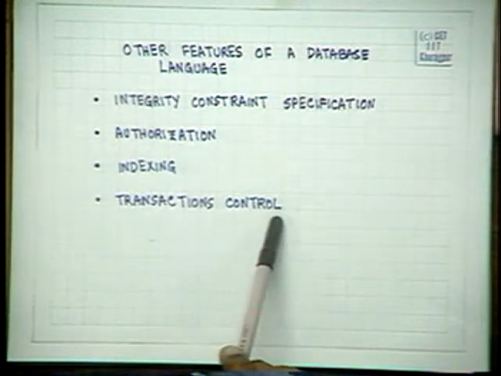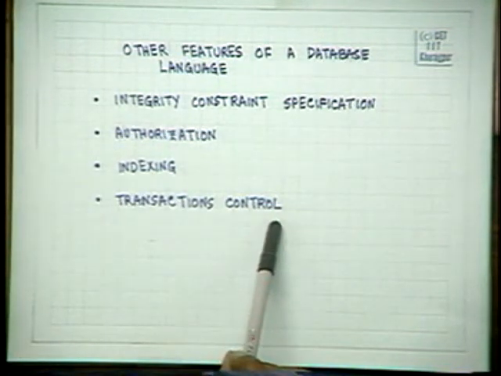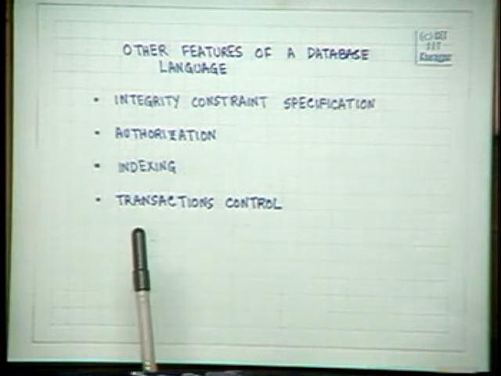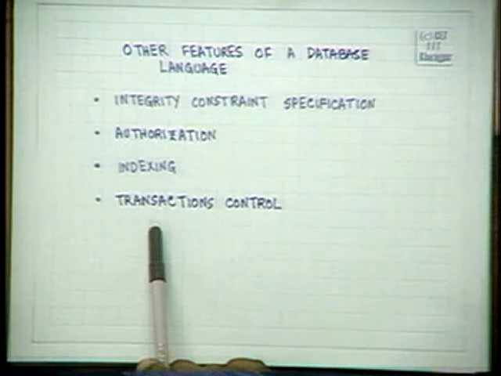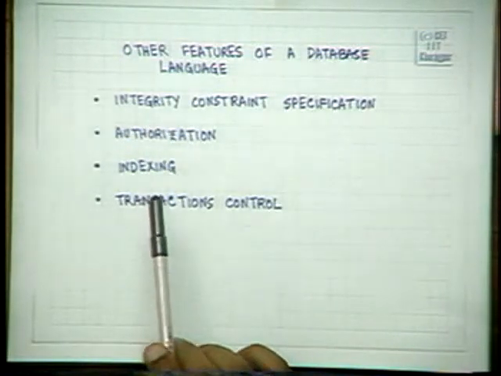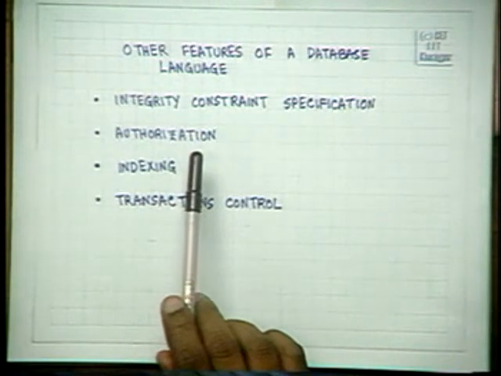And finally, we have what is called transaction control. The operations which update a database will be defined as a set of transactions, and how to define a transaction, how concurrency will be controlled during concurrent operations of transactions, and how the problems of concurrency will be avoided in transaction definitions. Facilities for doing all of them are also provided in any standard language like SQL.